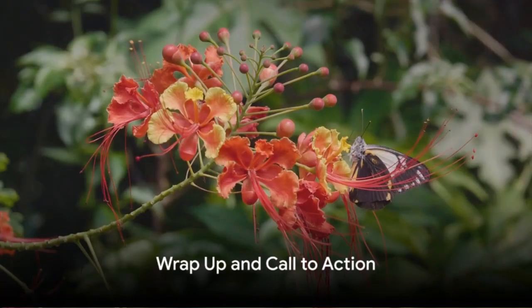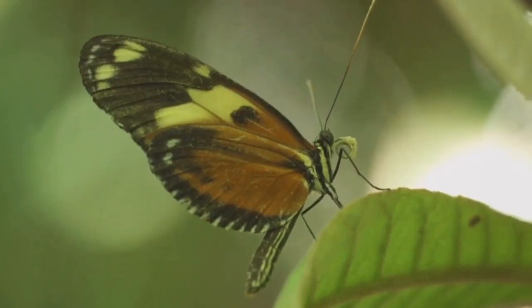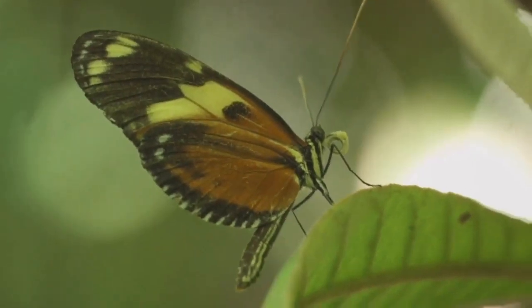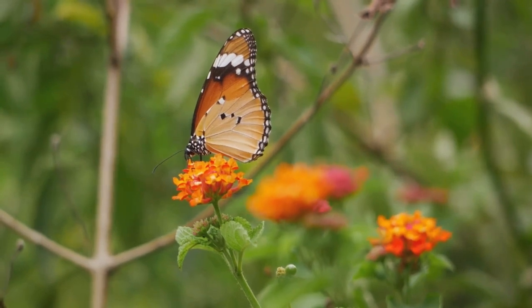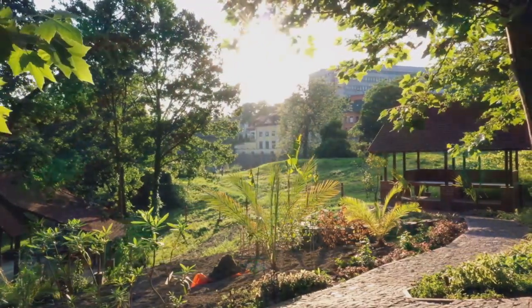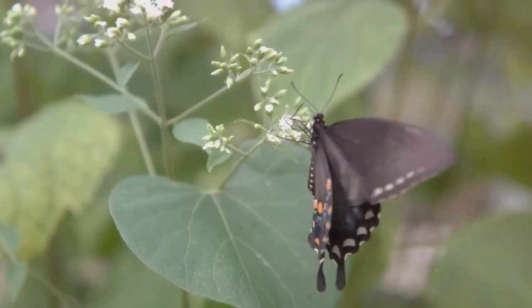And there you have it, your guide to creating a butterfly-friendly garden. Remember, it's all about considering the butterfly's life cycle, providing nectar-rich flowers for adults and foliage for caterpillars. Not only will this vibrant ecosystem boost your garden's aesthetics, but it will also play a crucial role in preserving